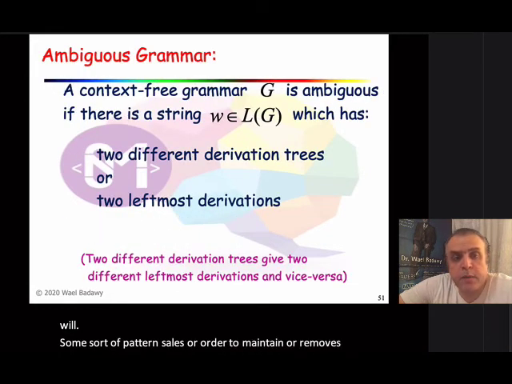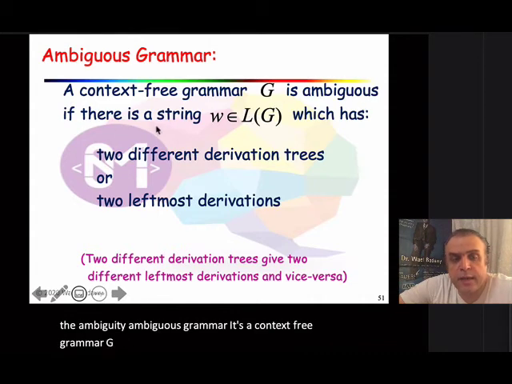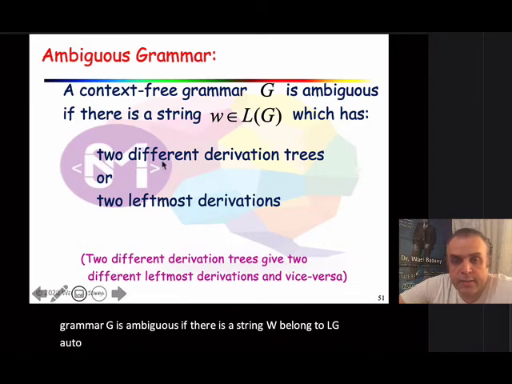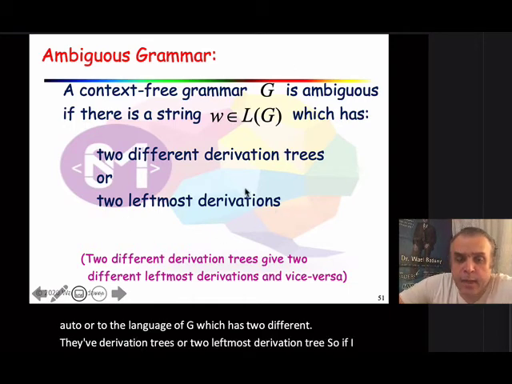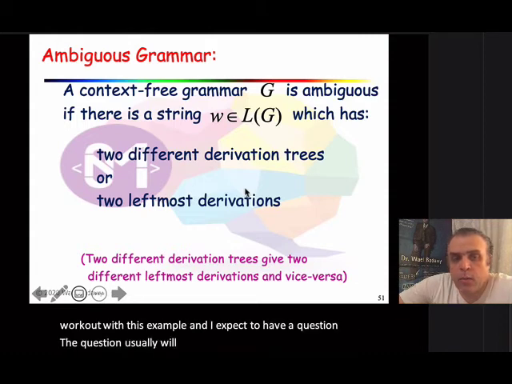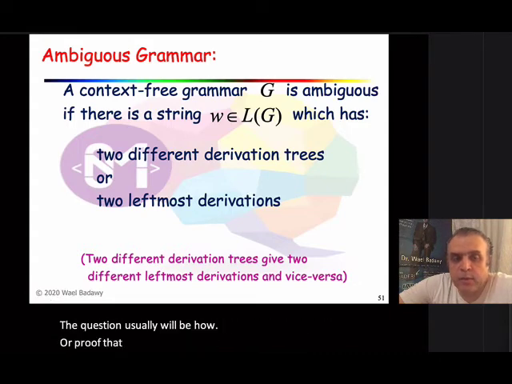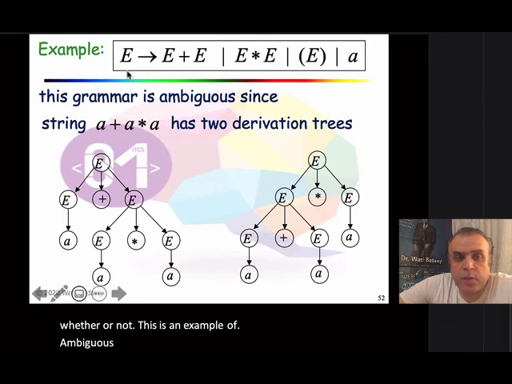Ambiguous grammar: it's a context-free grammar G that is ambiguous if there is a string w belonging to L(G), the language of G, which has two different derivation trees or two leftmost derivation trees. So if I work out this example, I expect to have a question, the question usually will be how to prove that this is an ambiguous grammar, or decide whether or not this is an example of ambiguous grammar. So if I look at this particular grammar here,